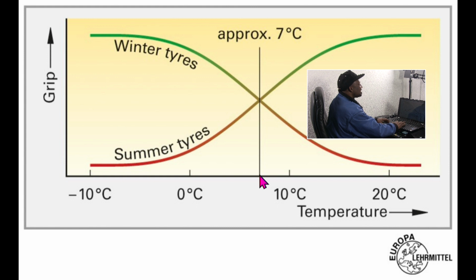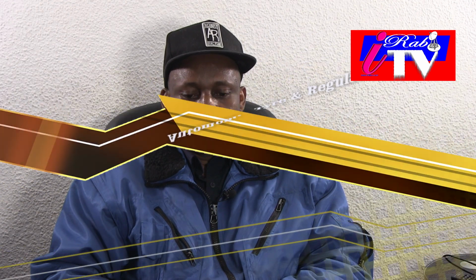When the weather is now from 7 degrees, the winter tire is no longer good for hot temperature. But the summer tire, when you see the grip on the floor, it's not better from when it's 7 degrees. Please, before buying a tire, ensure that you check your manual and know what is the recommended tire for your car. It's very important,